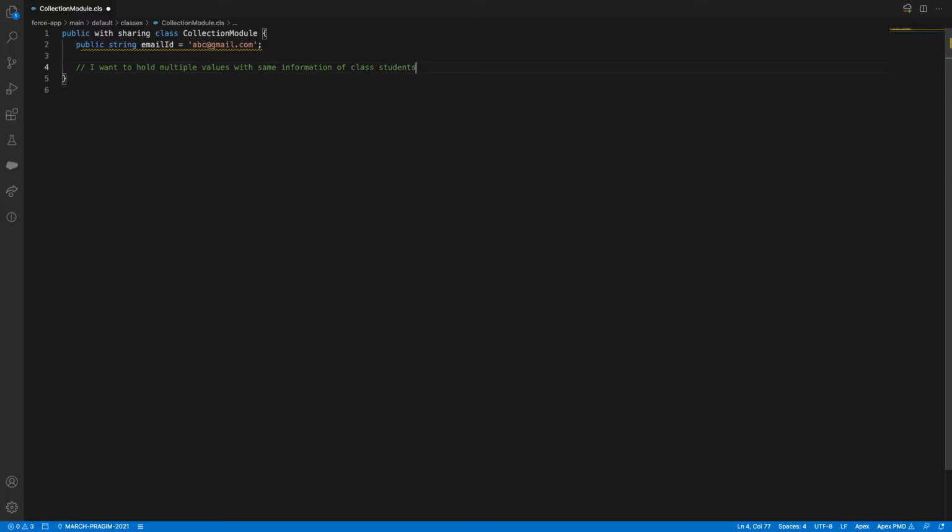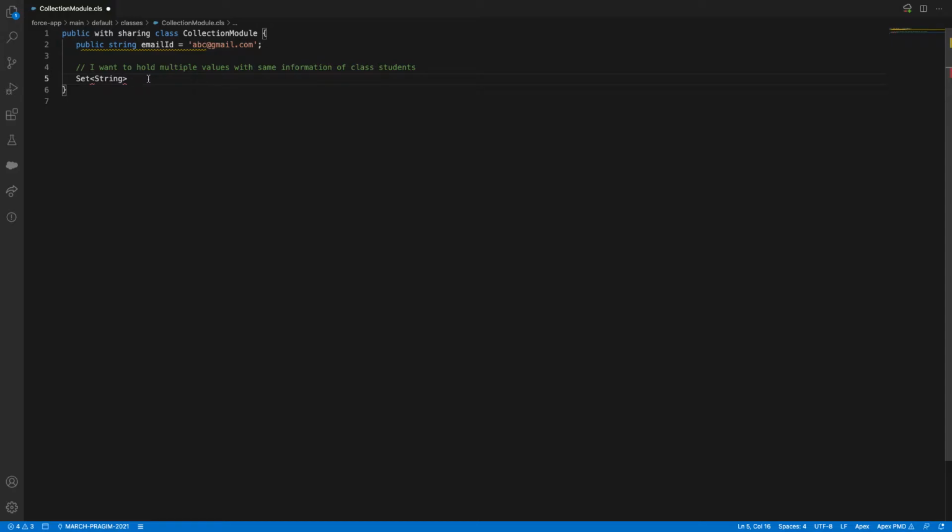Now if I want to store multiple pieces of information, what will be the option? So we need something like a set of string. What does set of string mean? String is the data type of whatever value I am storing. Set means it will store more than one value in the same variable.